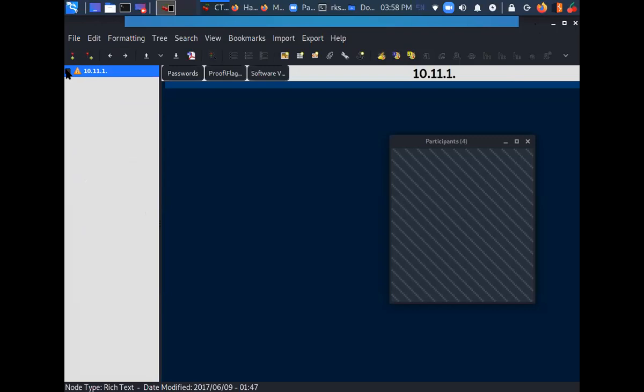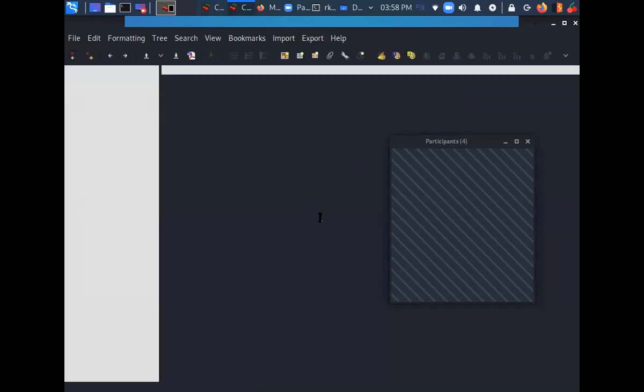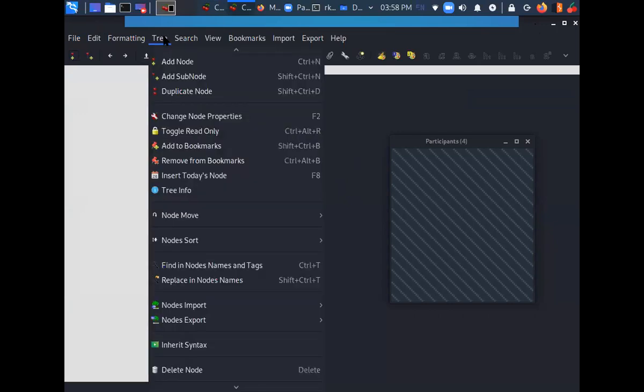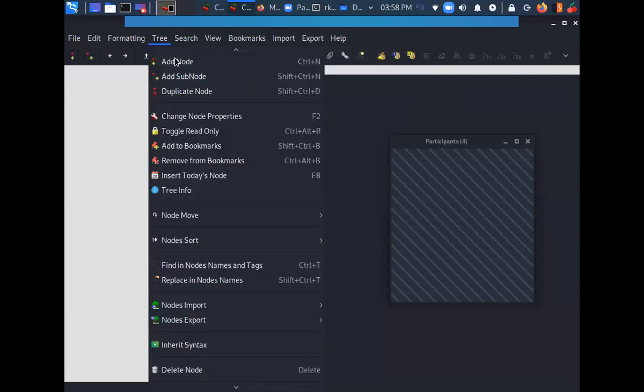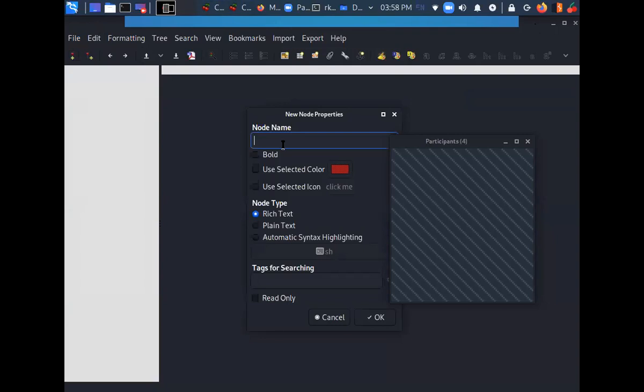Here we already have this template. What I can do is click on new instance, and this is a fresh instance of Cherry Tree. When you open it, it is going to open this way. Just click on no tree, click on add node, and here I can say, let's say, Blue.